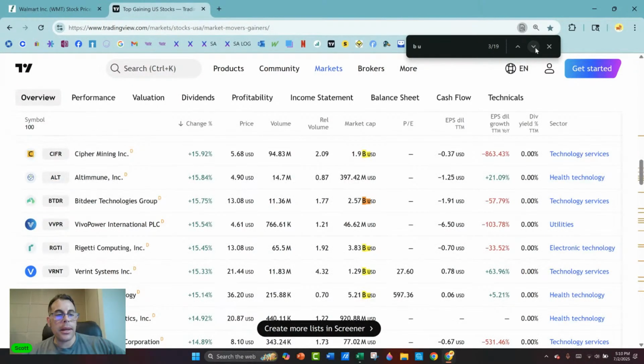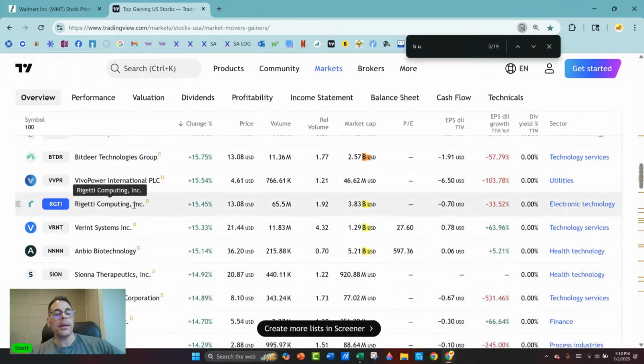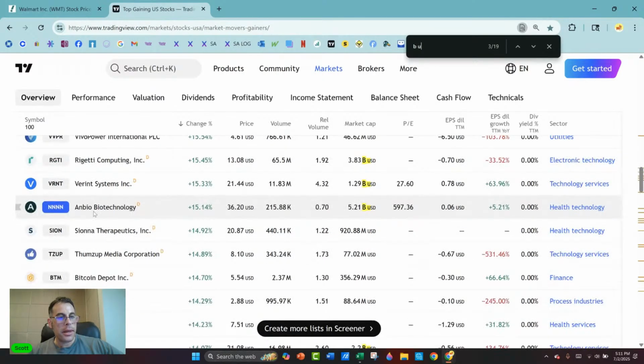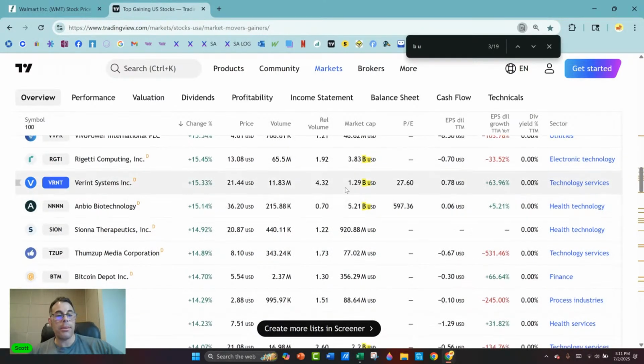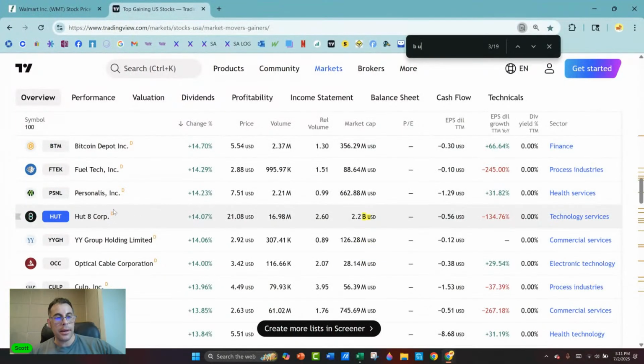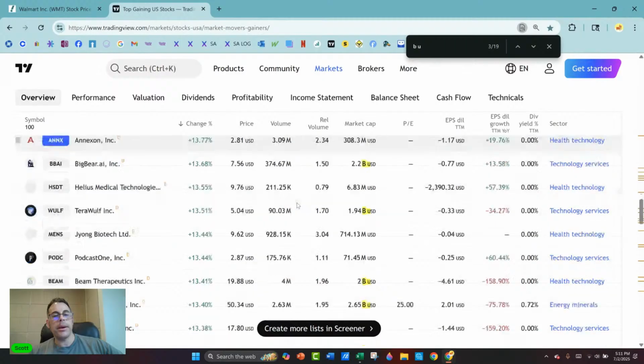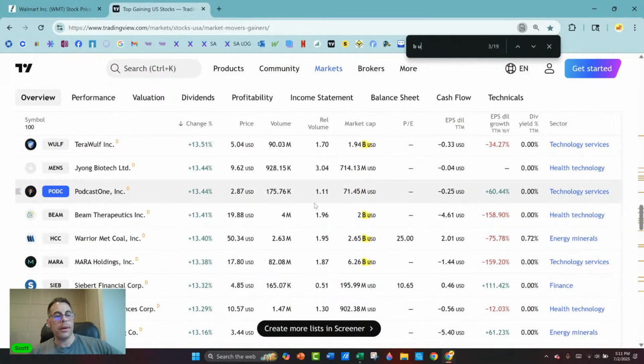Let's see. Cipher Mining. Sounds like a crypto company. BitDeer. Rigetti Computing. This was a meme stock. It was getting a lot of hype. It was really volatile for a while, but I haven't heard too much from it lately. Verint Systems, not too familiar. And Bio, 5 billion market cap, but not familiar. Hut 8, we know that's a crypto company. Big Bear AI, TeraWolf,